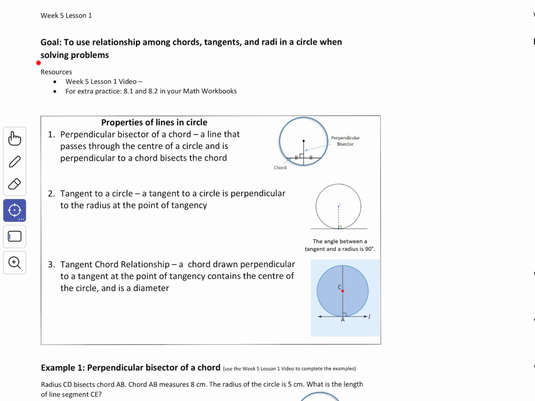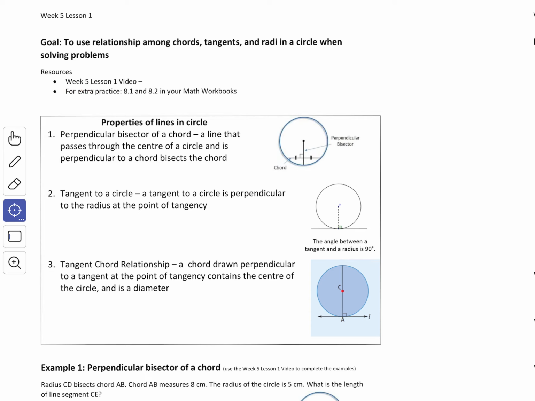This week we're going to use relationships among chords, tangents, and radii in a circle when solving problems. So basically we're looking at relationships of lines in the circle. Last week we looked at angles in the circle. This week we're looking at lines in the circle and the different properties that are associated with it. You're going to be using what you know about angles in the circle and lines in the circle to solve